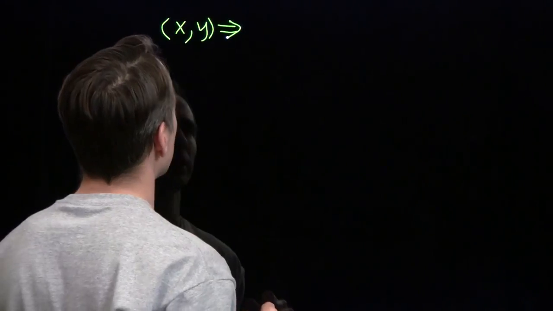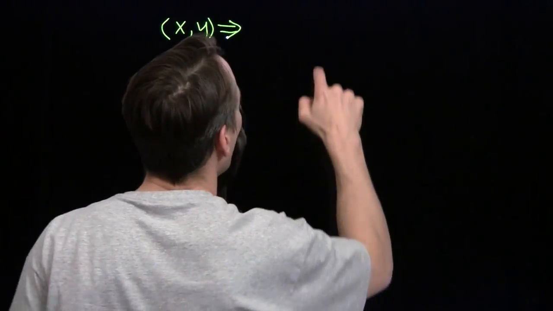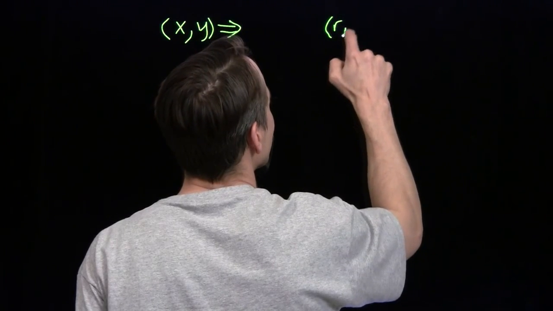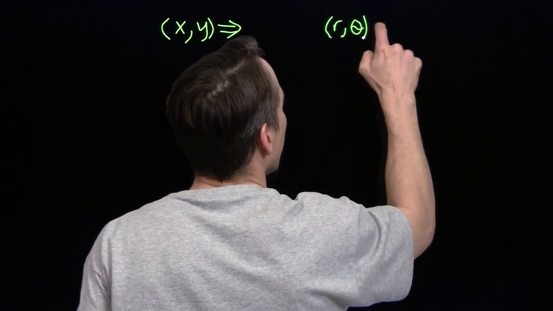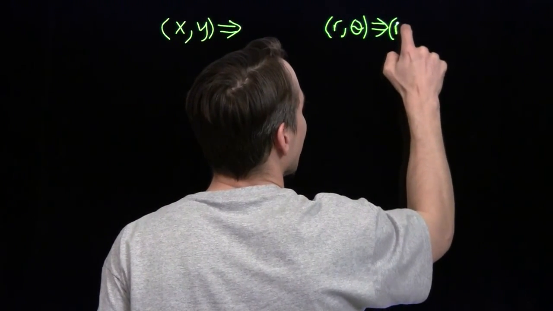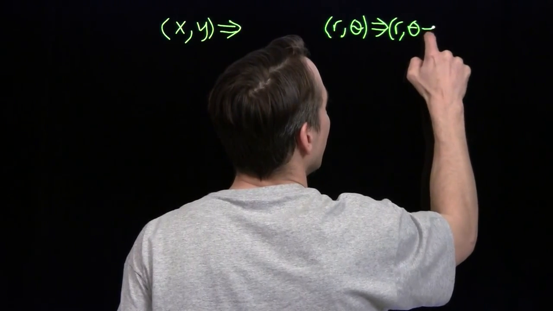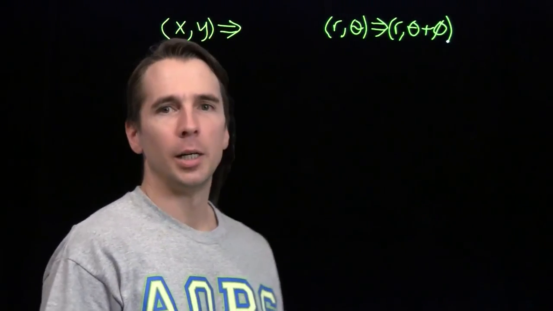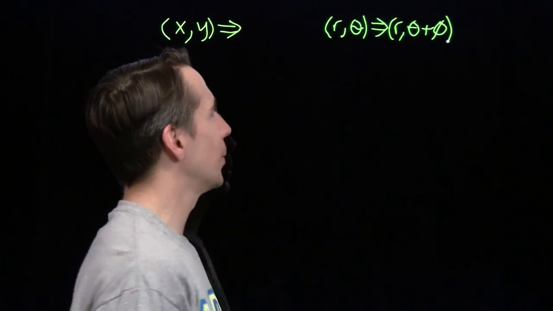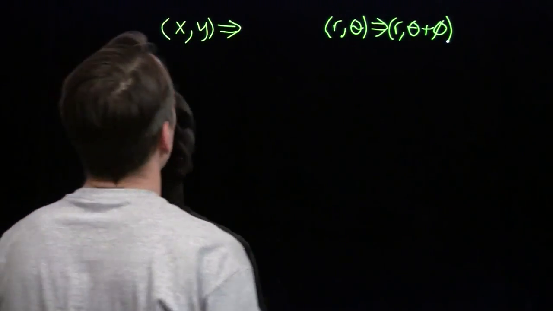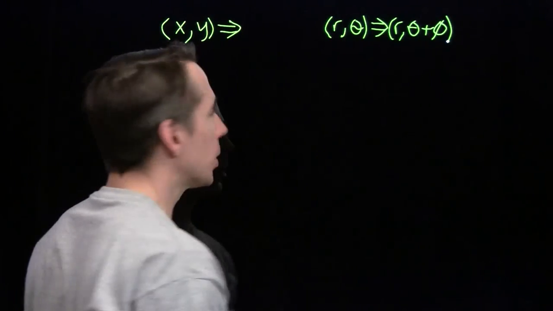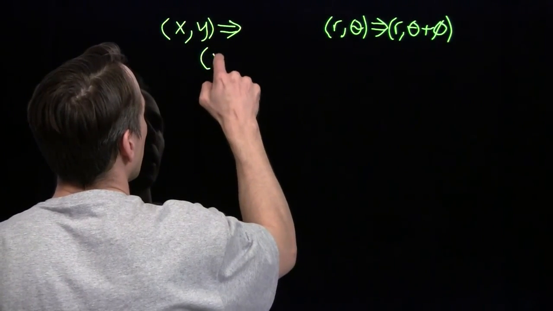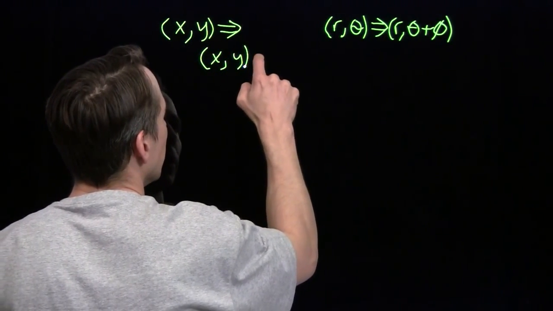okay, I don't know how to spin (x, y) either. Spinning rectangular coordinates, that's hard. But you know what's easy? Spinning polar coordinates. Spinning polar coordinates is easy. If I start with (r, theta), spin that about the origin, I'm going to get (r, theta plus phi). We're spinning it by phi, and that's nice. But our problem's in rectangular coordinates, not polar coordinates, so alright, but I know how to relate rectangular coordinates to polar coordinates, so maybe we're going to learn something about rotating in rectangular coordinates.